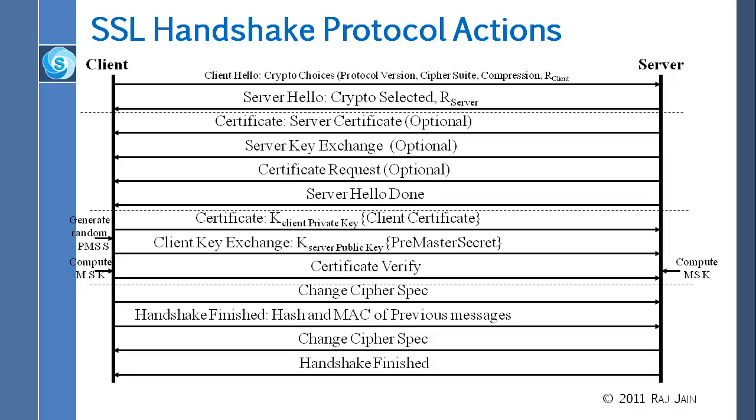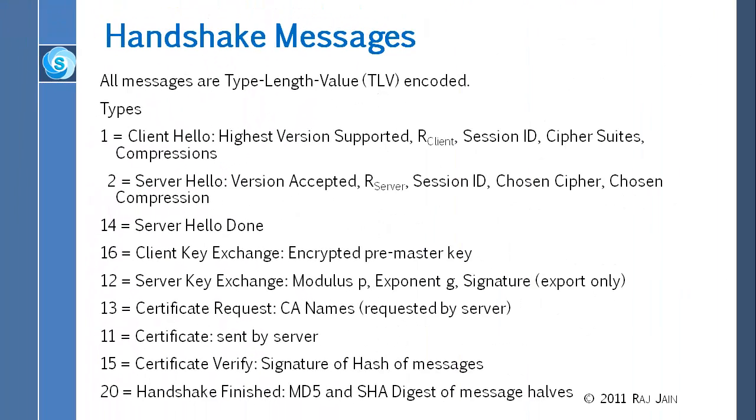Once they have negotiated, then they generate the key, and I don't know whether SSH is after SSL, but the later ones will do this as well. All the messages for the handshake are TLV encoded, and you all know what TLV is: type, length, and value. So there might be 1 byte of type, 1 byte of length, and then whatever the length is, that many value fields. The types are messages 1, 2, 14, 12, 16, 13, and